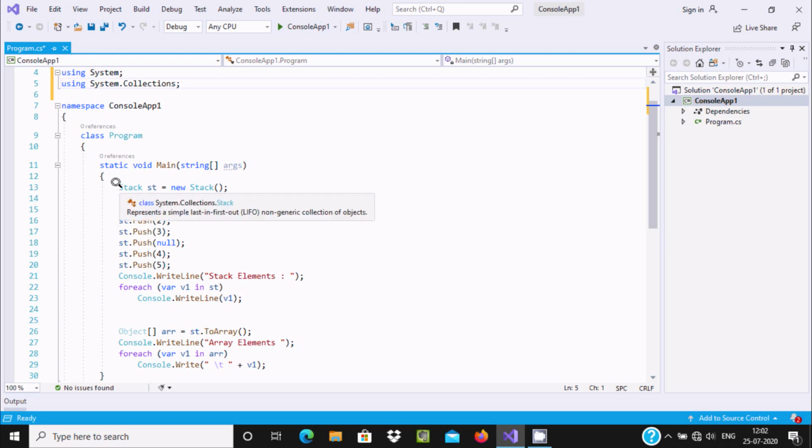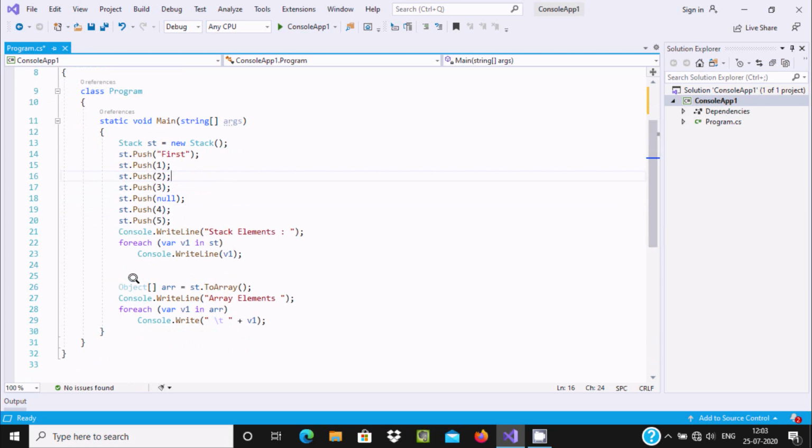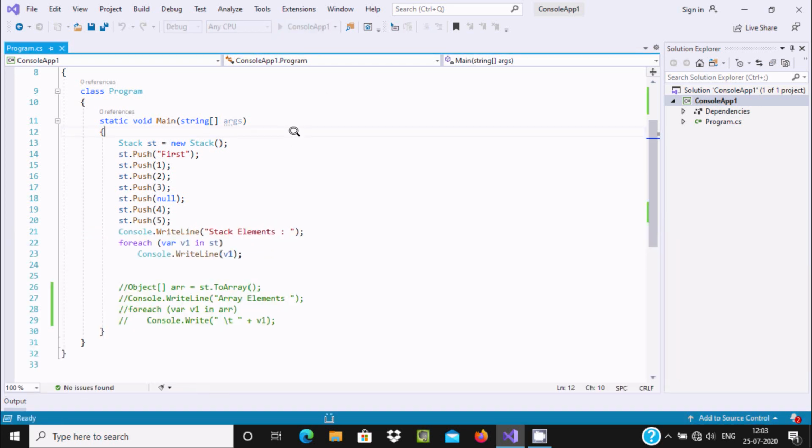Now this is the code to insert elements inside the stack. Here first I'm going to comment this out, and here I'm going to execute this program. Stack class object st, and with the help of the Push method we can insert elements into the stack.